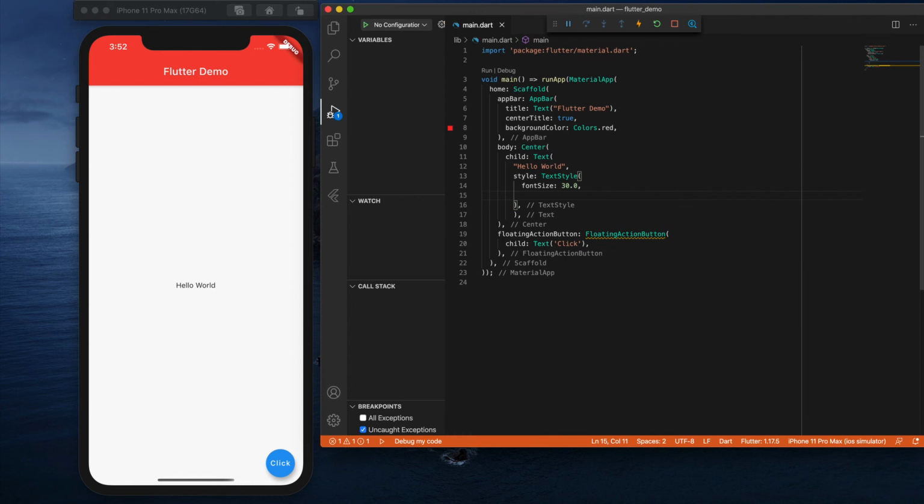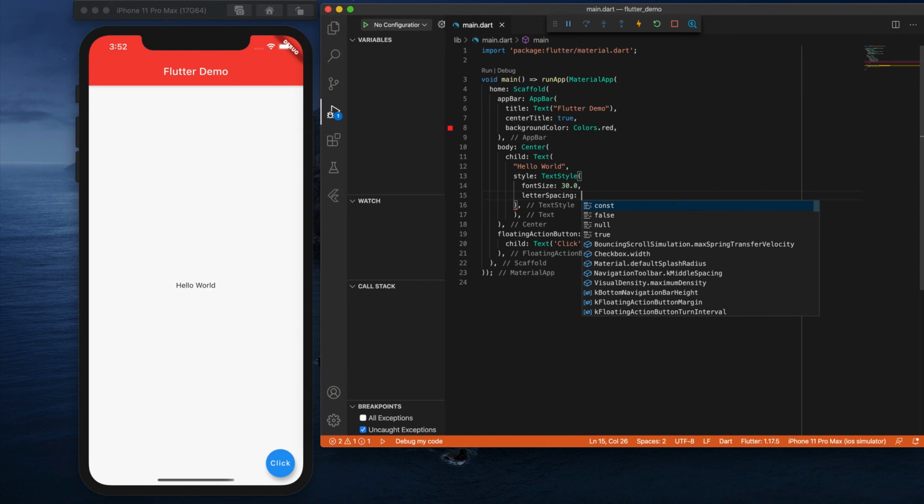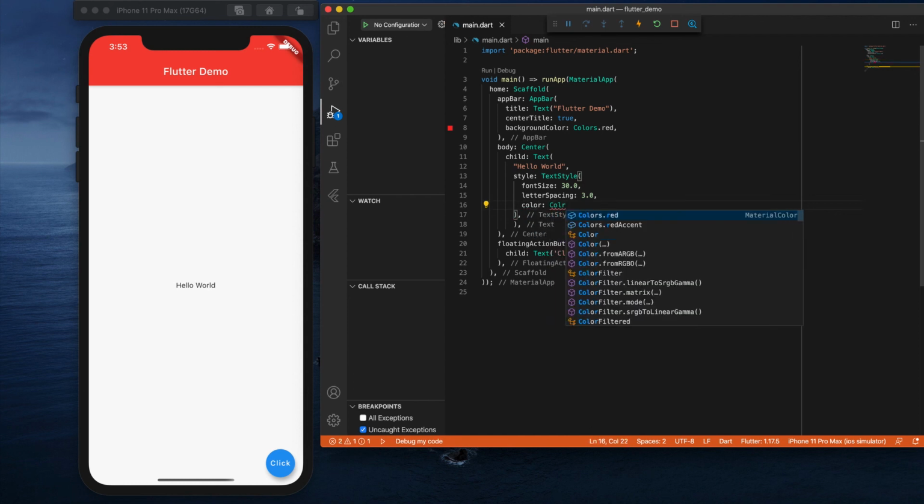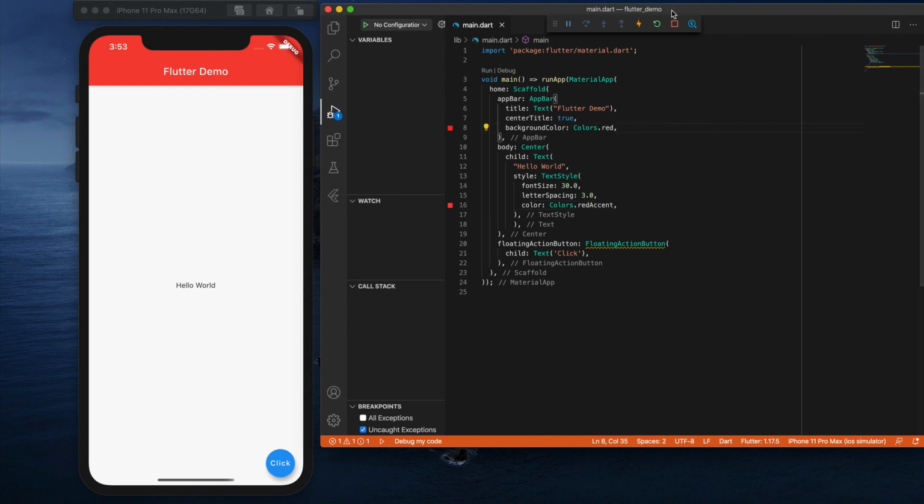Next, if you want to give some letter spacing, I can give a letter spacing like 3, so there will be a spacing between the letters. And finally, if you want to give the color, I can write Colors dot redAccent. So I'm done here. Let's reload it.